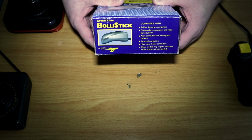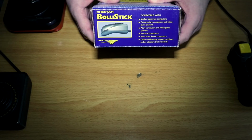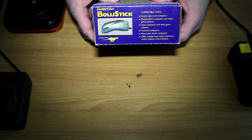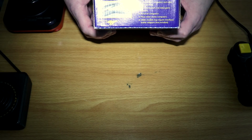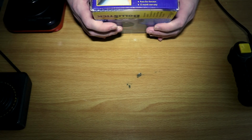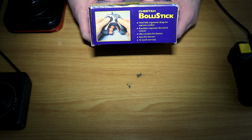This has to be post-1990 if it's talking video game systems because of the C64GS. Atari computers and video game systems, though I don't think that counts for the dual fire buttons on a 7800. Amstrad computers, most other home computers, older models may require interface and or joystick adapters, not included. So it sort of talks about, unless its features, but we'll cover those as well. Handheld ergon...